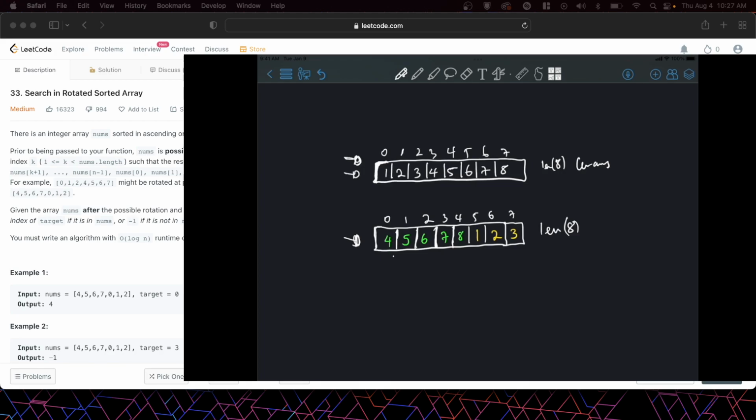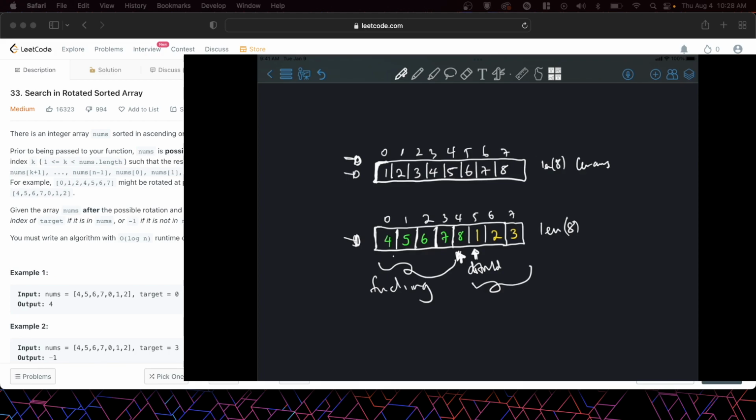So the way we solve this is by finding a pivot. And what will the pivot value be? The pivot value will be this position, the position at which it is distorted. And if we can identify this position, then we can binary search this side or this side. So actually your pivot value could be whichever you want. It could be either this or this,